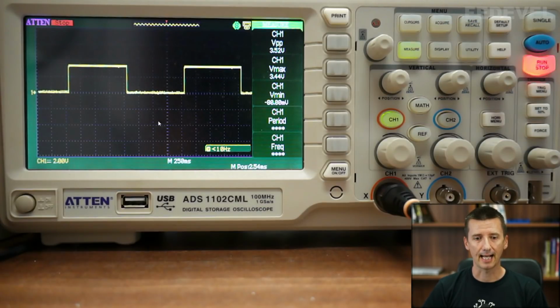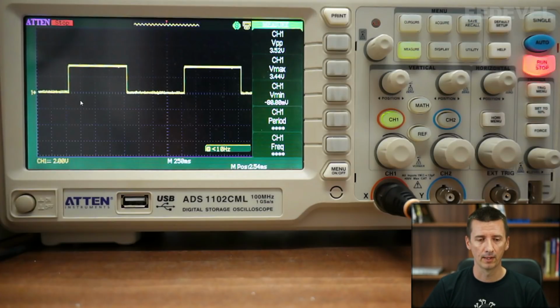This is the signal which controls our red LED. This part of the signal will switch on our LED. This is the signal which will switch off our LED. Notice that when the LED is on, this signal is always high. This is because we set the duty cycle to be 100%. When we change the duty cycle, you will see how this changes.